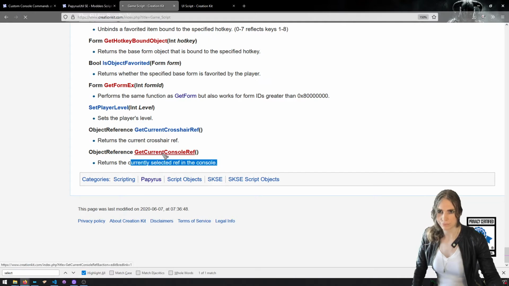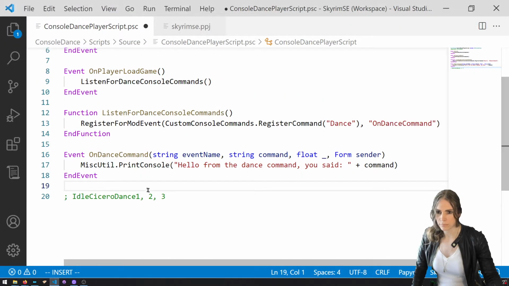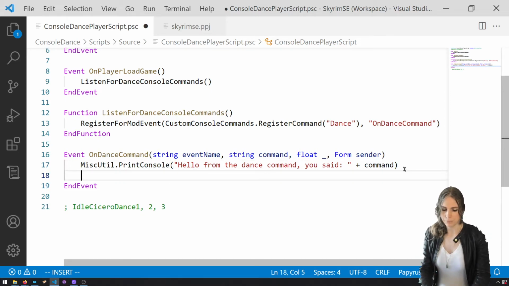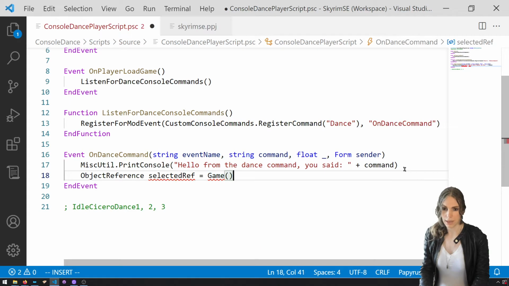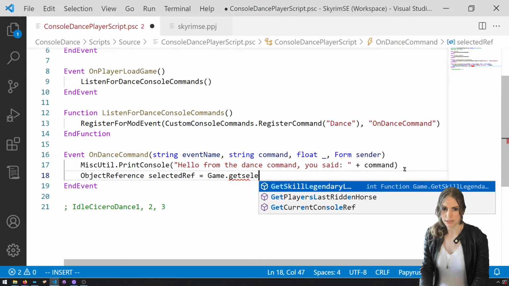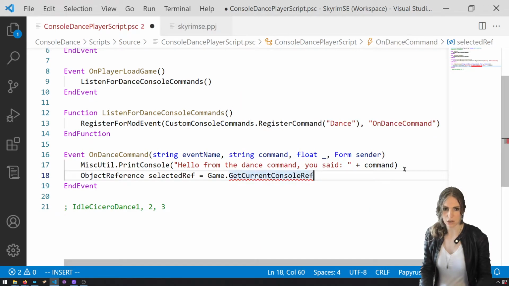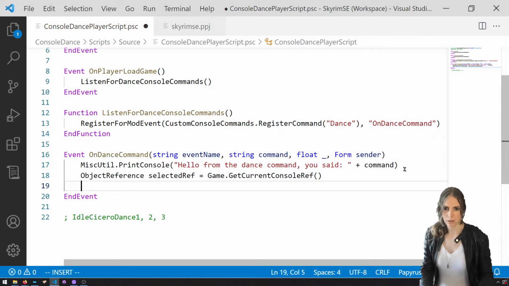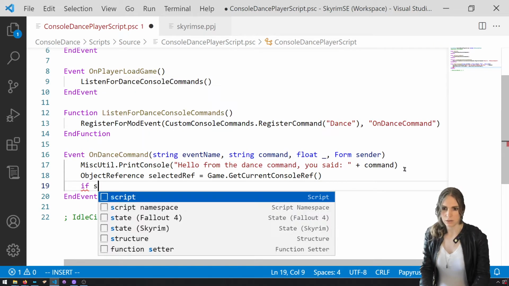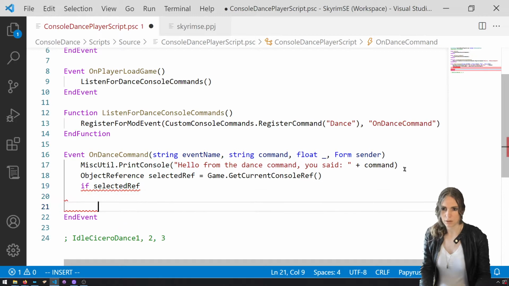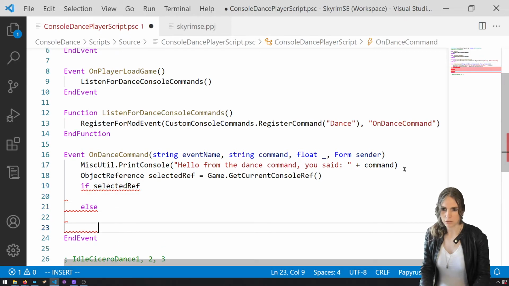So what do we want to do? We want to say this. Object reference selected ref equals game dot get current console ref, and it probably can be none. So if selected ref, else